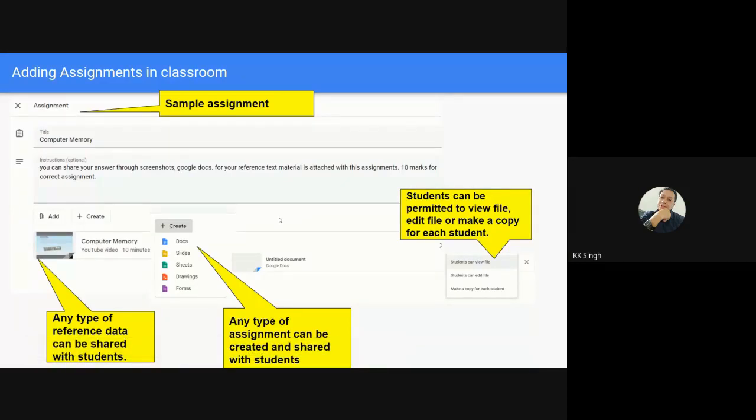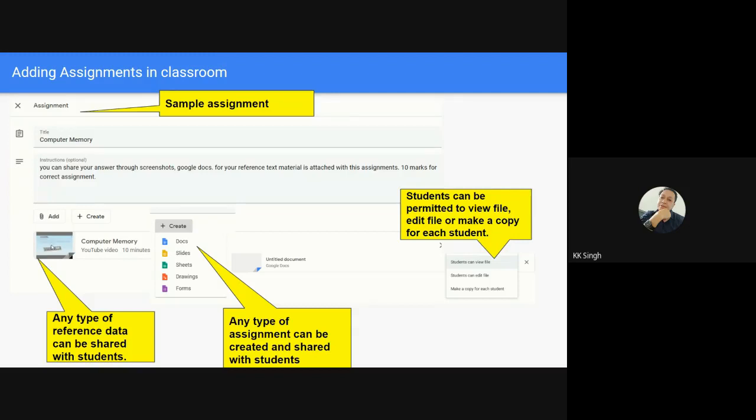See here, if I want to take a class on computer memory, I have searched for one video on YouTube and linked it here using the link option, because add is here. In this column, you'll get the link option, and you can add this YouTube video to this session.